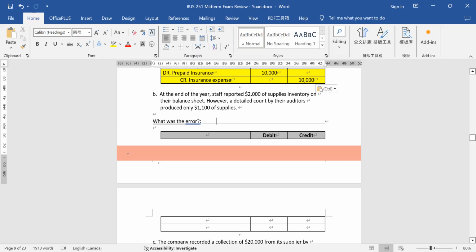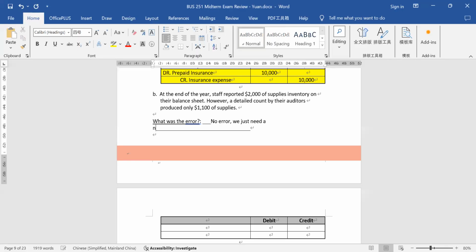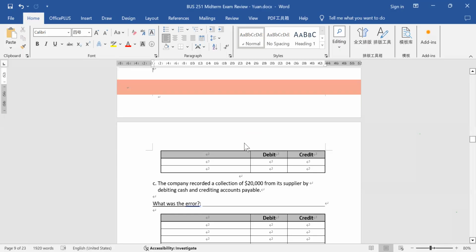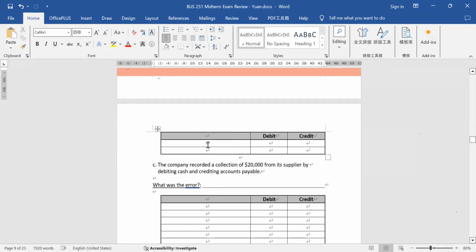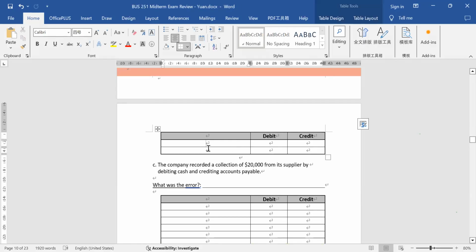We just need an adjusting entry. Yeah, writing just the one in yellow is fine. Okay. So in order to have the adjusting entry, we debit